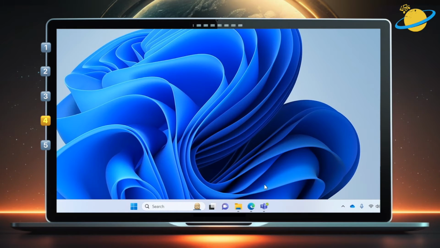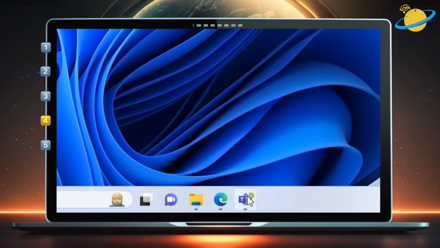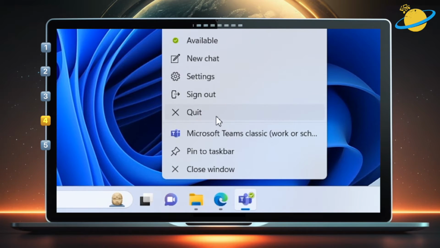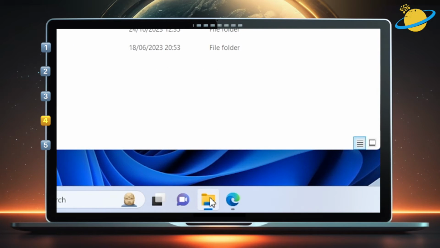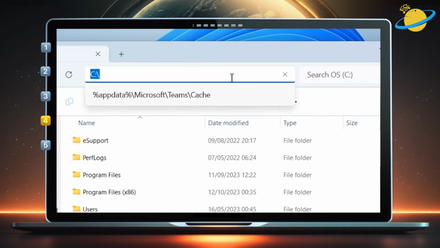If notifications are enabled in the Teams app and on your device, there could be a problem with corrupted cache. To resolve the problem in Windows, right-click the Teams application in the taskbar. Then select Quit in the pop-up. Once Teams is closed, open File Explorer. Then head up and select the address bar. Here, type %appdata